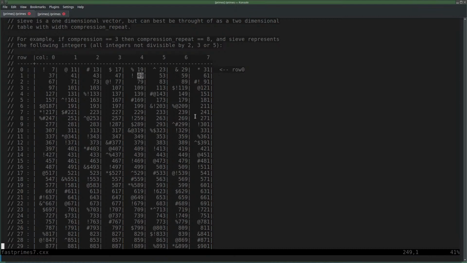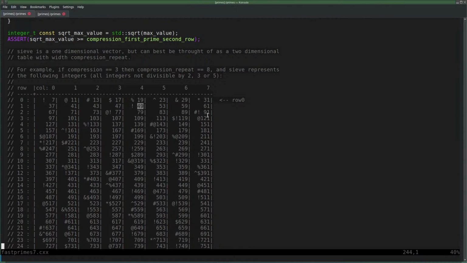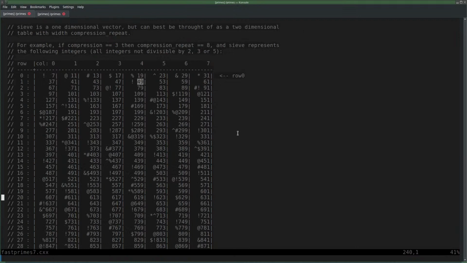Any larger number will occur. Like 11 times 13 will occur in this table. Whoops. 7 times 19 will occur in this table, and so on. Just pick any number times any other number times any other number if you want to, and it will occur in this table. But the funny thing is now that if we make this table 8 wide, then,